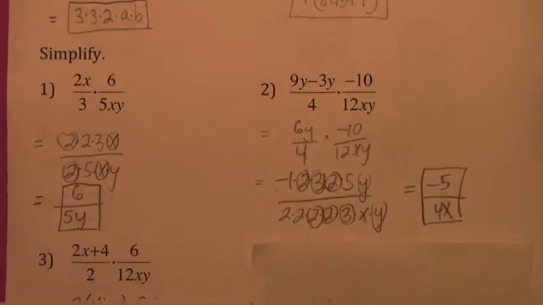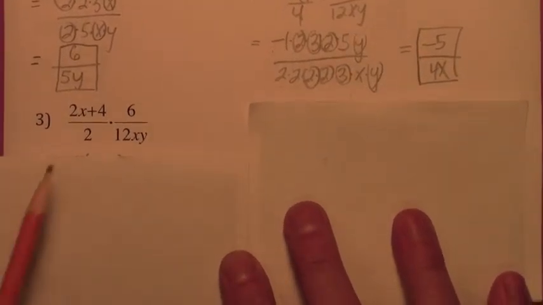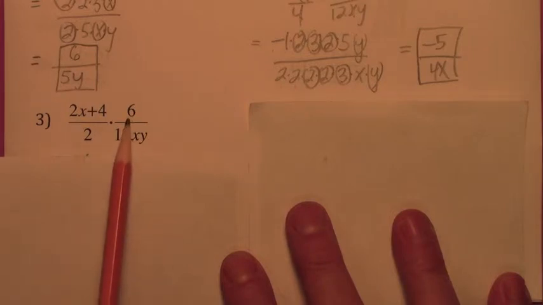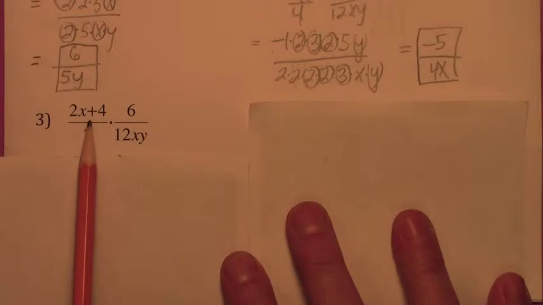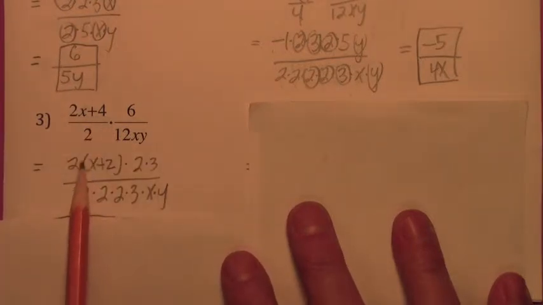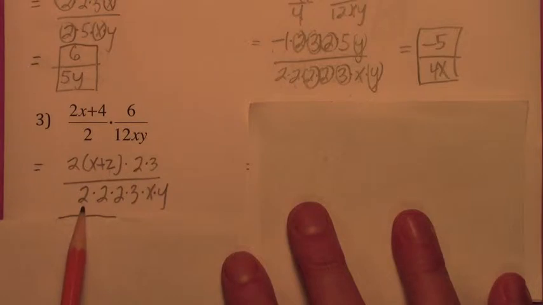Let's do some more. Now remember, the trick is to factor everything, right? Now there's two ways to factor. You're going to use primes when you factor 6, but how do you factor 2x plus 4? You're going to use the distributive law there, right? Because there are two terms and they're not like terms. So when you use the distributive law here, you get 2 times the quantity x plus 2. Here you get 2 times 3, here you get 2, and then this becomes 12, 2 times 2 times 3